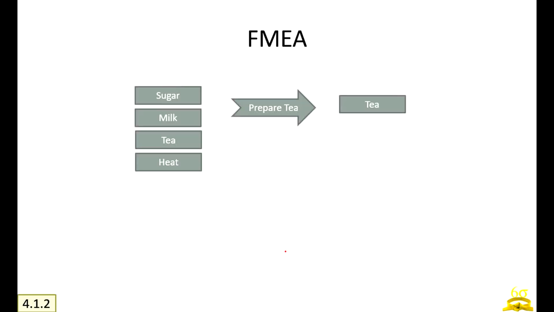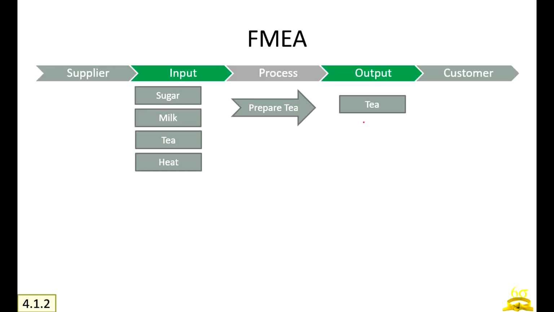Let's take an example. If we talk about the simplest of examples, let's take making of a tea, right? And what input goes into this? Sugar, milk, tea, the heat, right? Then I can add so many here: the knowledge, time, resources, so many other things. Just for example, I have added sugar, milk, tea, heat here. Then we prepare the tea, right? The process of preparing the tea is a knowledge area, where how much time you have to heat can also be standardized here.